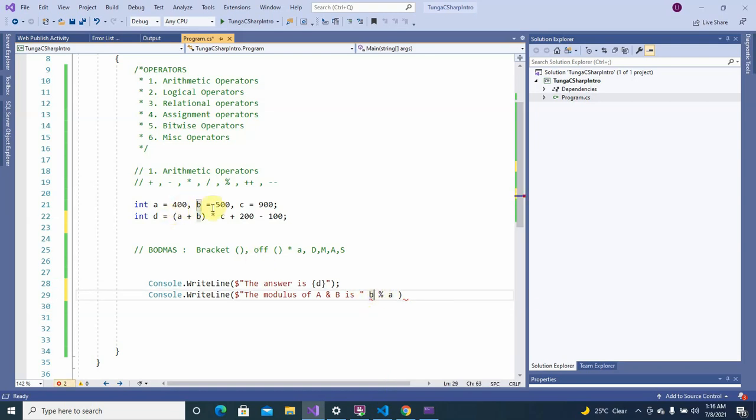So this is B, and this is A. B modulus A. So I'm using literal, so it should be like this. Okay, so we have it this way. B modulus A. Then, if you run it,